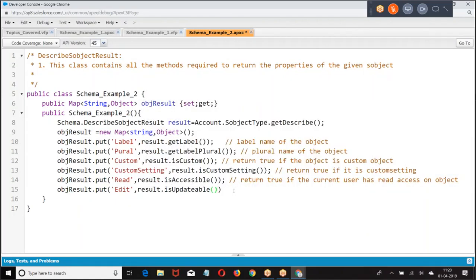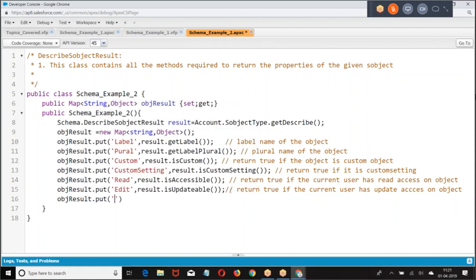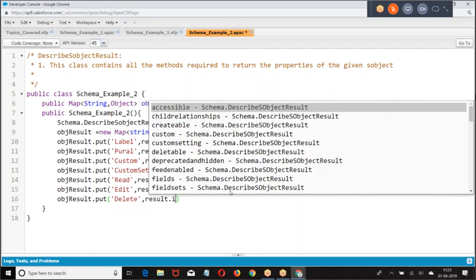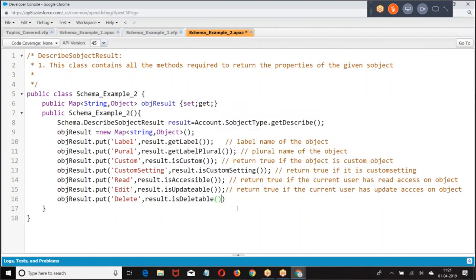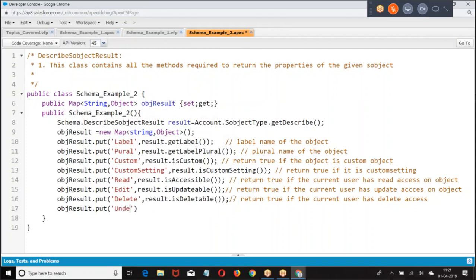Is updatable. Is deletable. Delete, undelete.